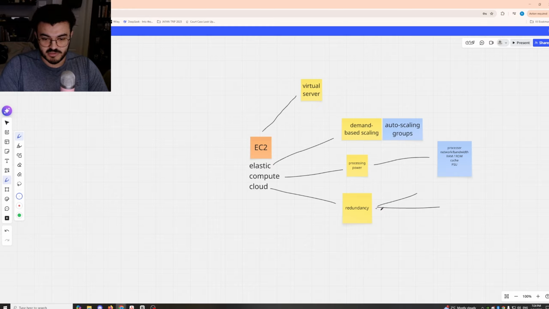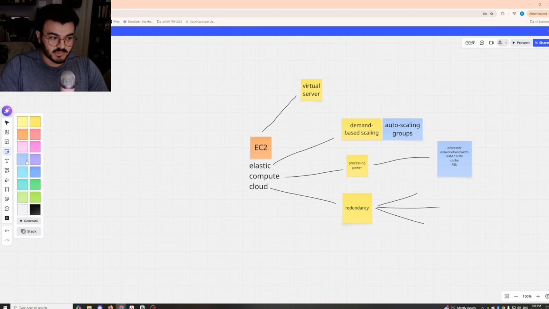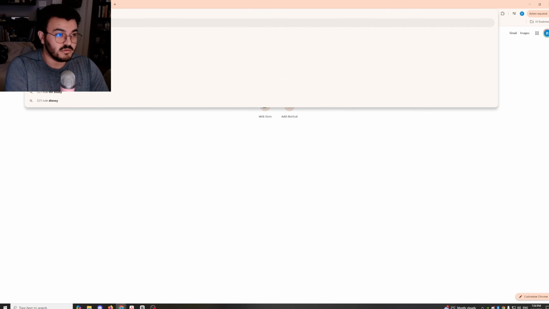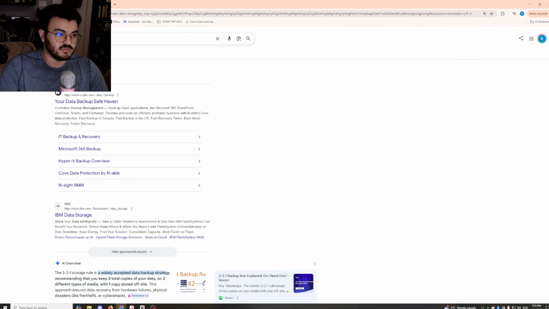Well, when you build an on-prem server, you learn that there's something called the 3-2-1 rule. Let's Google that. 3-2-1 rule for data storage.